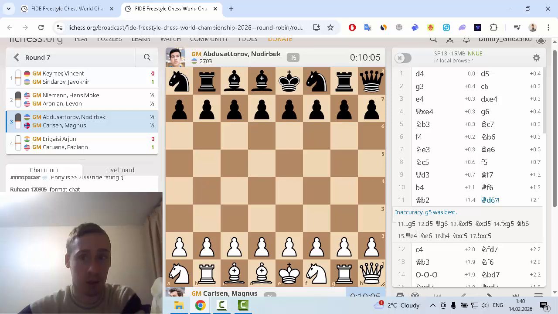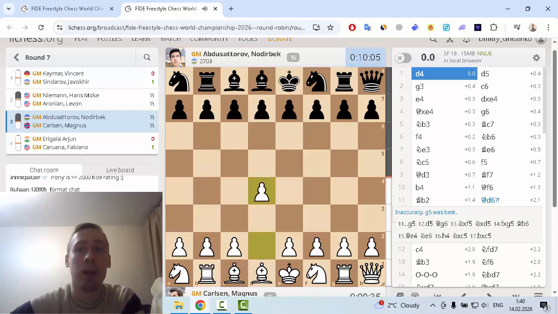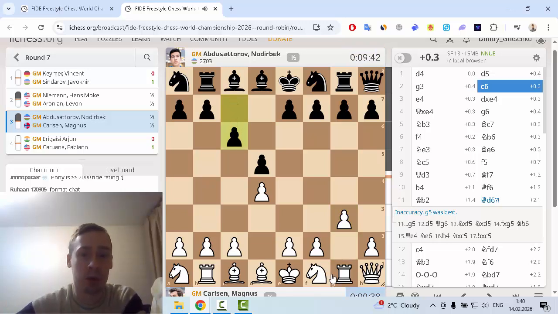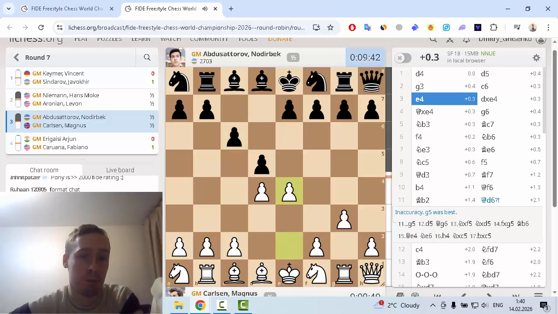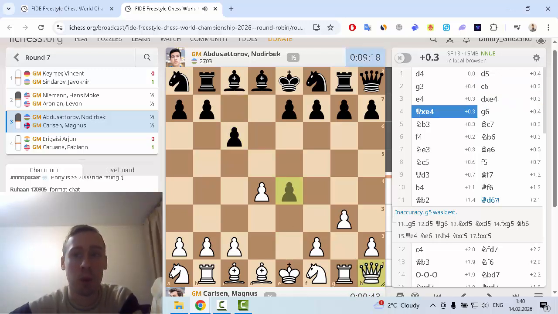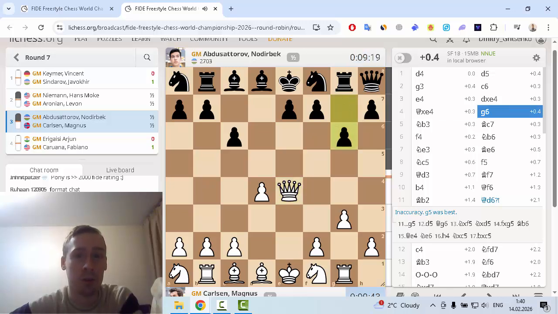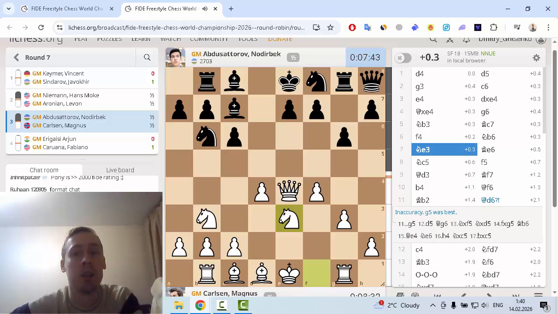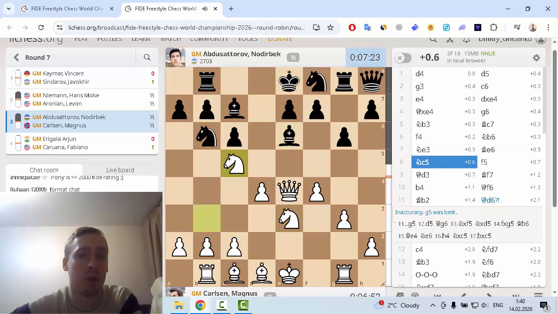960, Fischer random chess. Okay, d4, d5, and then g3, c6, because Carlsen is attacking the pawn on d5, then e4, a typical idea, d takes c4, queen e4, g6. Also Abdusattorov wants to take pressure on d4, then knight b3, bishop c7, f4, knight b4, knight b6, knight e3, bishop e6, knight c5,